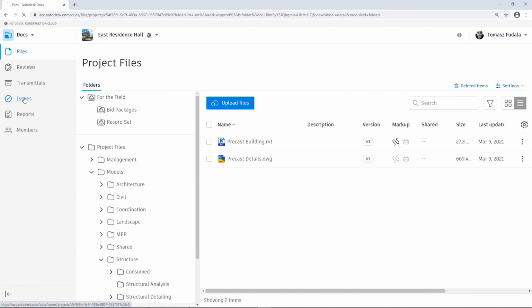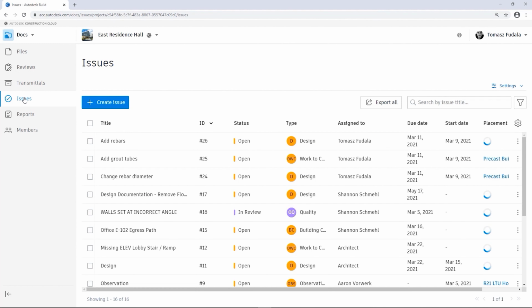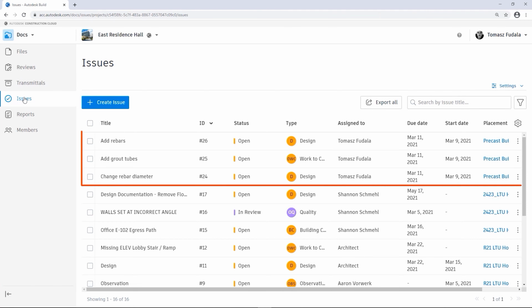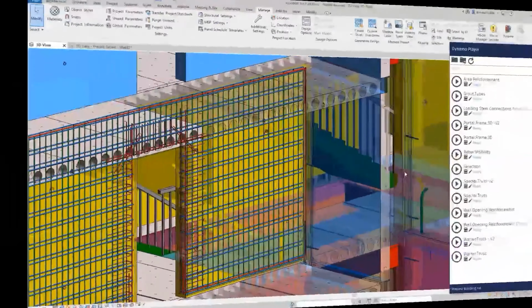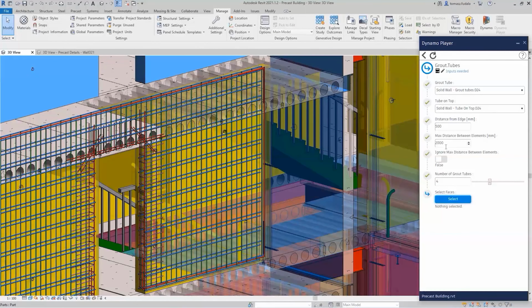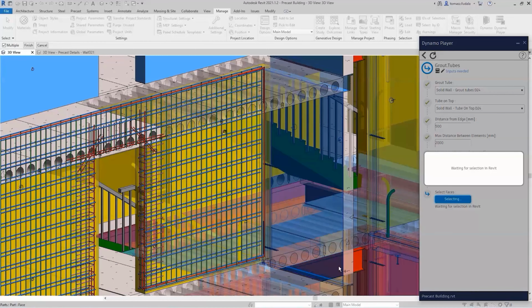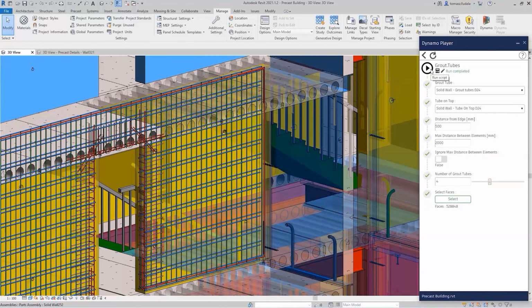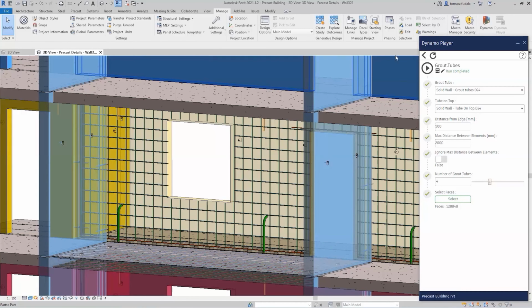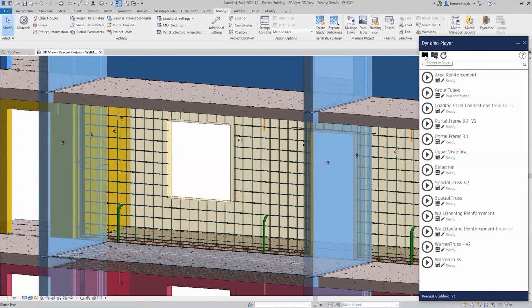Here we can see all issues that have been created by the project lead and have been assigned to the precast detailer. In this example scenario, a precast detailer has been notified by the project lead about the issues to be addressed. He will fix them in Revit and communicate back his updates.